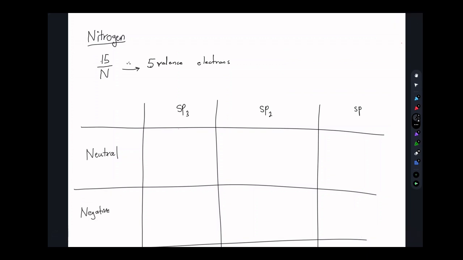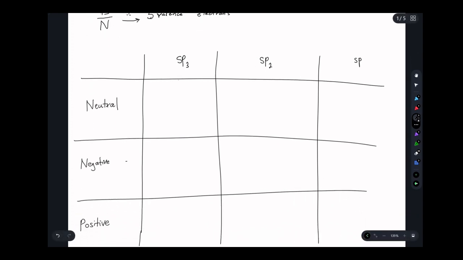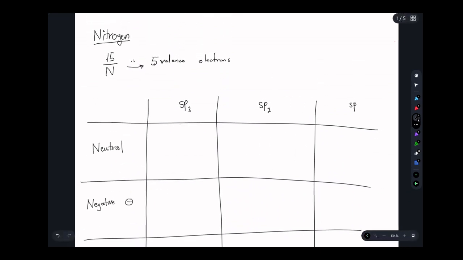Welcome to lecture 2.6, where we're going to cover the formal charges of nitrogen. And the way I like to go through this is I'm going to show you every single combination of both hybridization and formal charge, neutral, negative, and positive, for nitrogen, so you can get a comprehensive understanding of what nitrogen looks like at different charges and understand the trends so that you can quickly identify formal charge going forward in